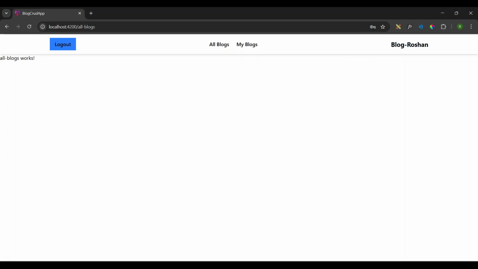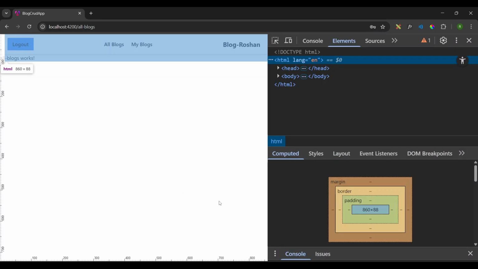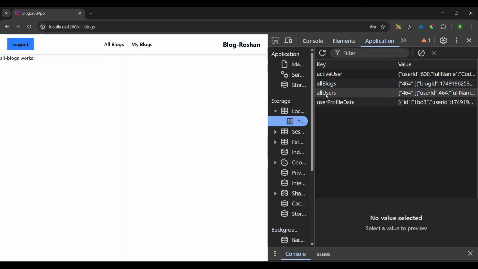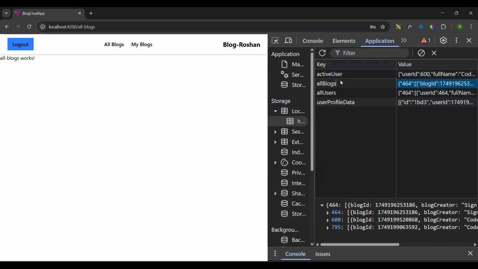Before writing code I want to tell you that before you fetch data, you should know where it is stored. Like in the backend, in an API, we call an API like get all users. Here we will check the location through our application, in the application tab. In local storage our blogs are stored, all under the user id inside the